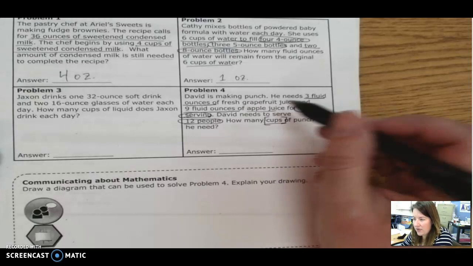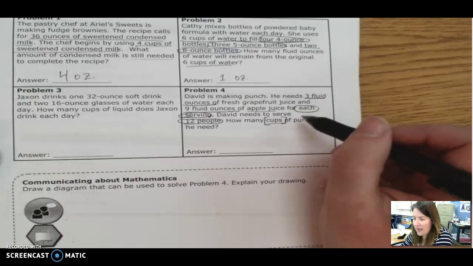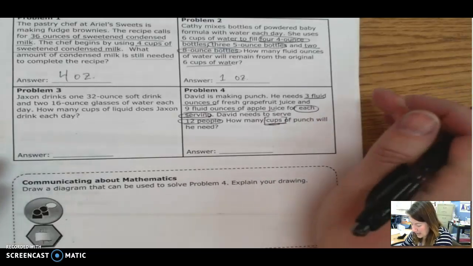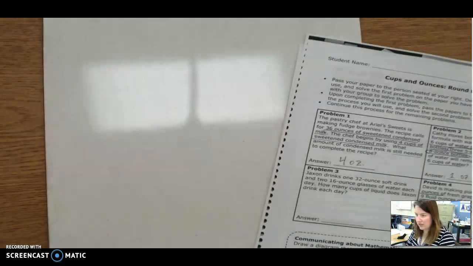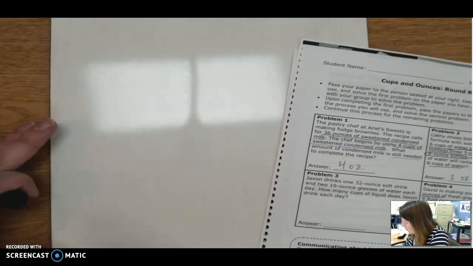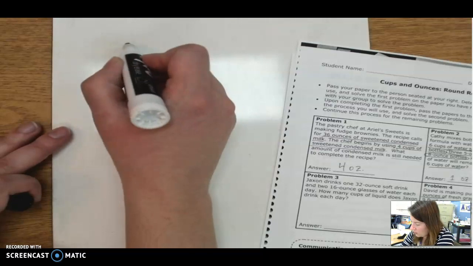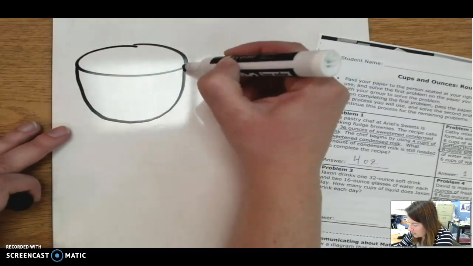So we have a bunch of different information here. We know we have ounces, we know we have people he has to serve, and the question is asking for our answer to be in cups. So I'm going to write down some of this information on my board where I'm actually going to solve this problem. So we know he needs, in one little cup, or one serving,